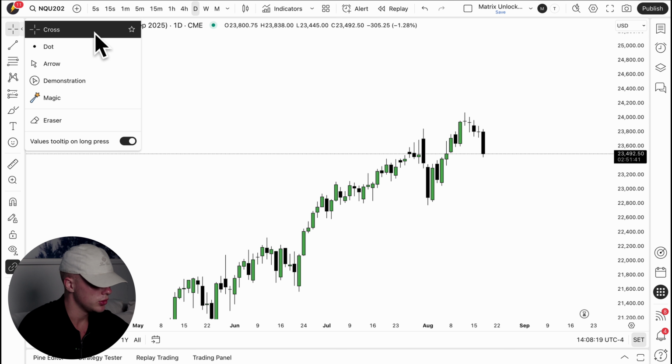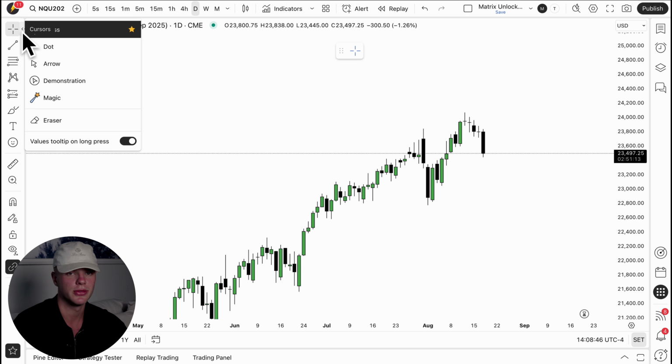For me, I like to use the cross. So I can press right here on the star, and when I press on the star, it gets added to my favorites. And do you see what just appeared? What just appeared is the toolbar. The reason why this toolbar is important is because on it you can have the tools which you use all the time in a very easy way. If you have to go right here to the options all the time and select exactly the tool you want to use, it's a waste of time and a waste of energy, and after a few days that gets quite annoying. So always use the toolbar.